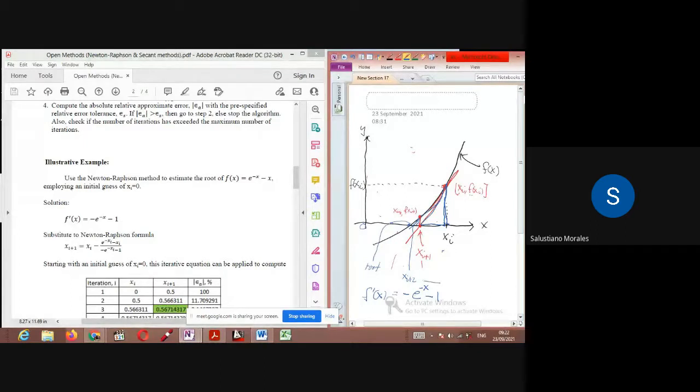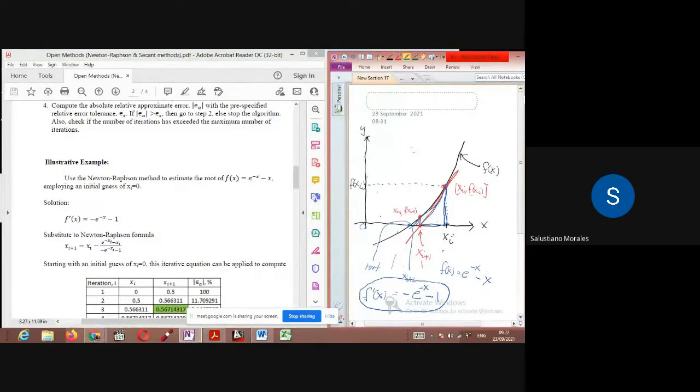So this is the first derivative of the function f(x) is equal to e raised to negative x minus x. So this is what I said earlier, that if the derivative of a certain function is difficult to evaluate, then